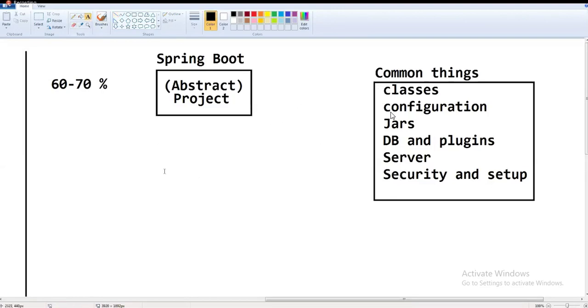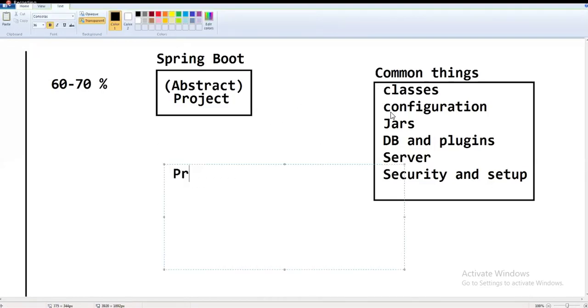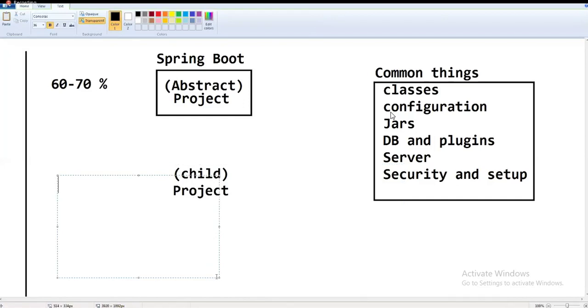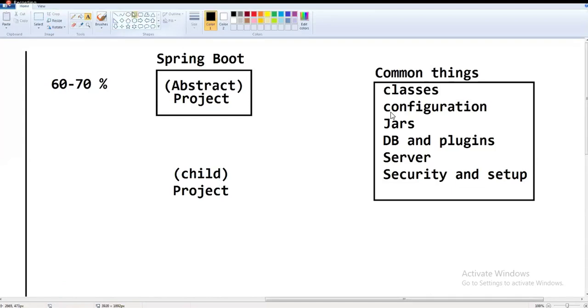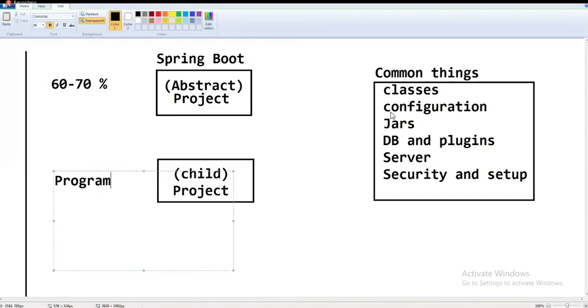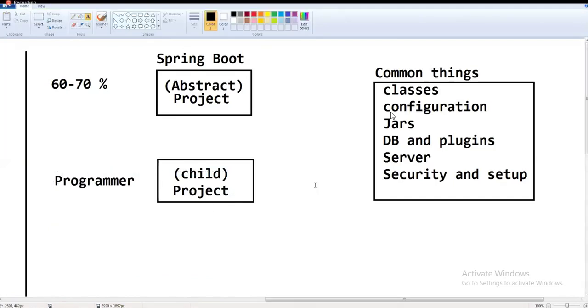Now what the programmer should do is create another project. This project behaves like a child project. Don't write the code from line number 1, because the common code is already given above. The child project is created by the programmer, and you inherit the parent project.